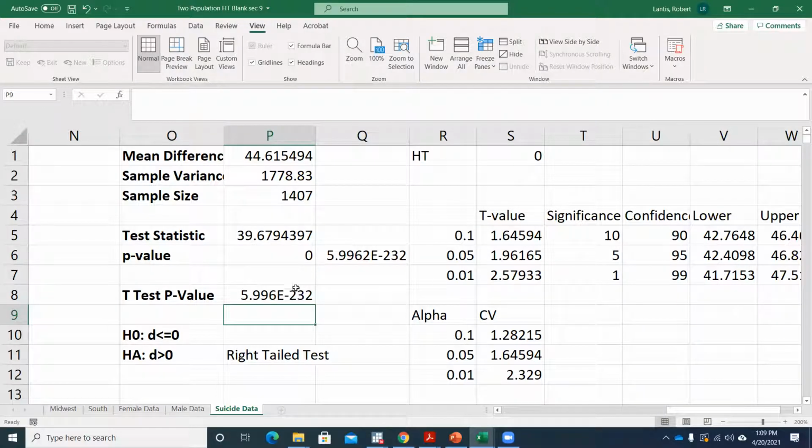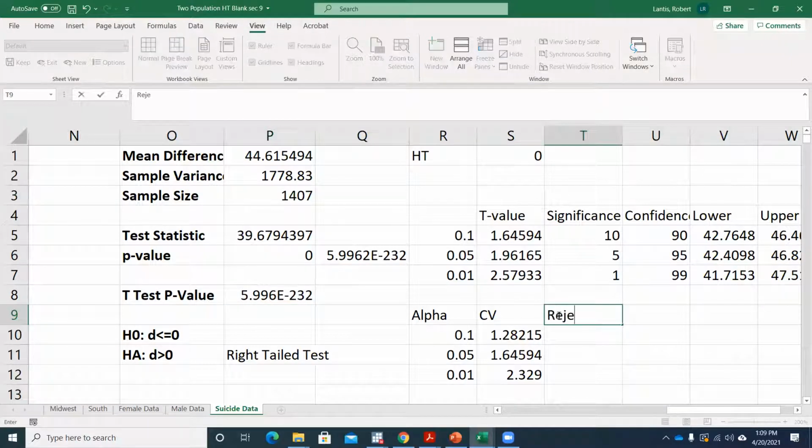Now, one flaw of it, and the reason why I show you how to go through this step by step instead of using that t.test option, is it's a lot easier, so why can't I always just use this? Well, basically what we found here is we have a really low p-value. So if I'm thinking about making my rejection decision,